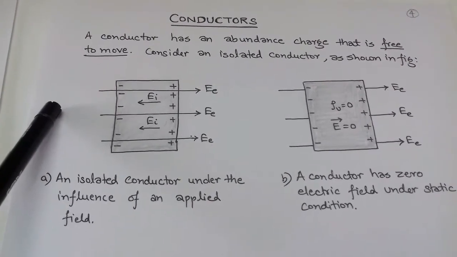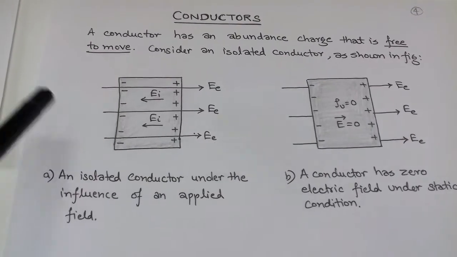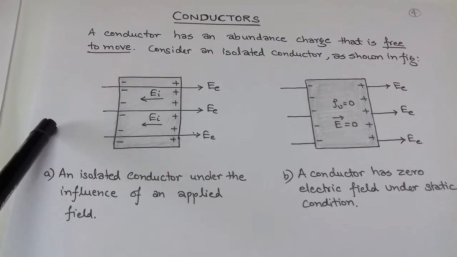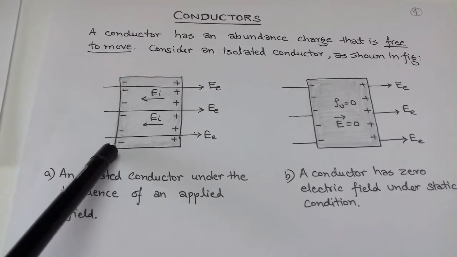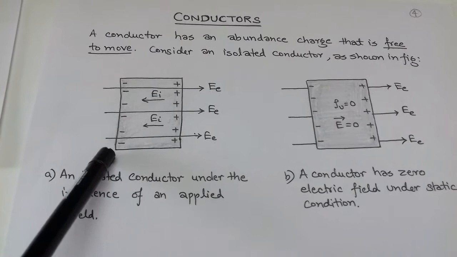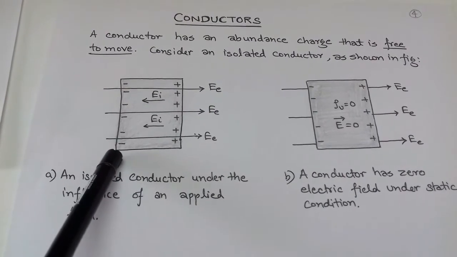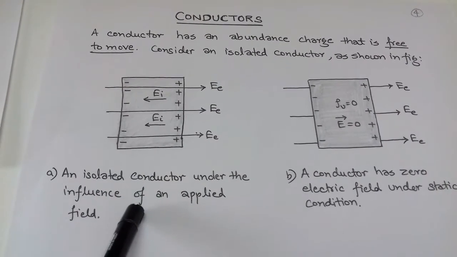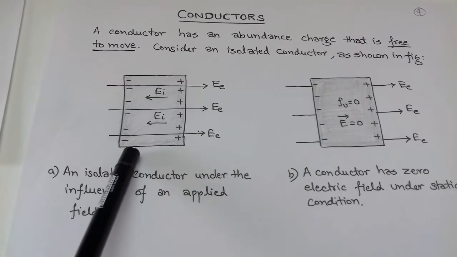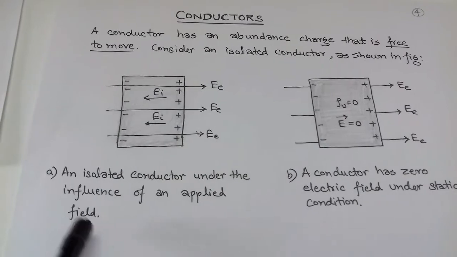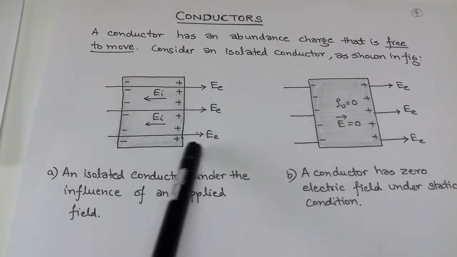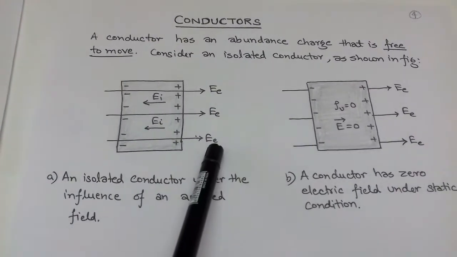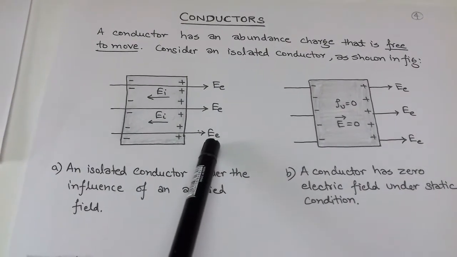Here an isolated conductor is under the influence of an applied field. Here E suffix E is an applied field, meaning we take an electric field, that is, an external electric field. In this external electric field we place an isolated conductor. So we know that the electric field originates from some positive charge and terminates on some negative charge, and